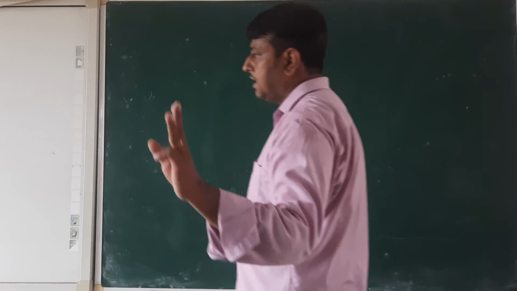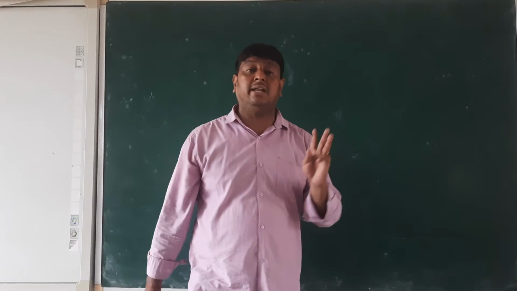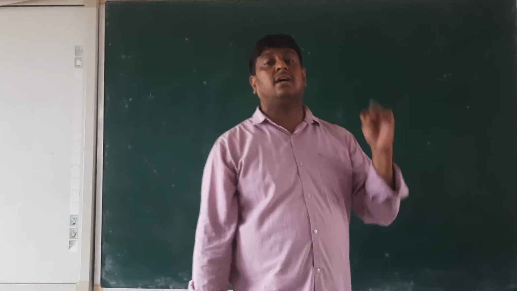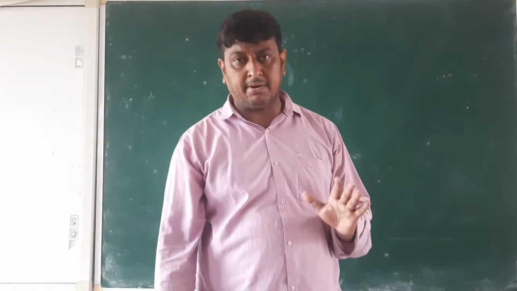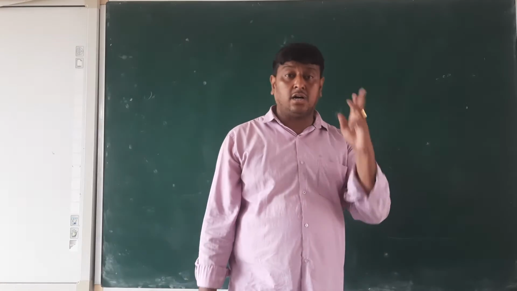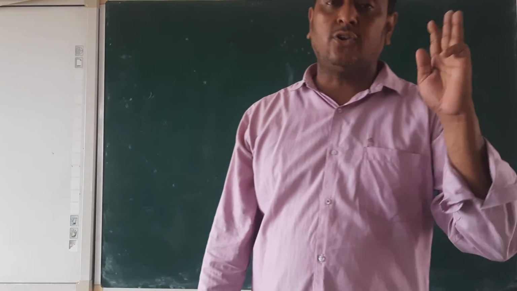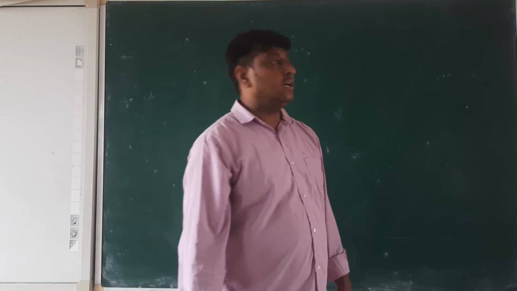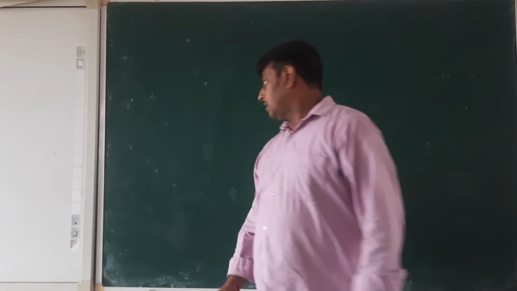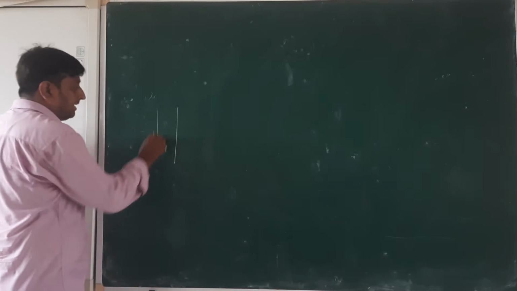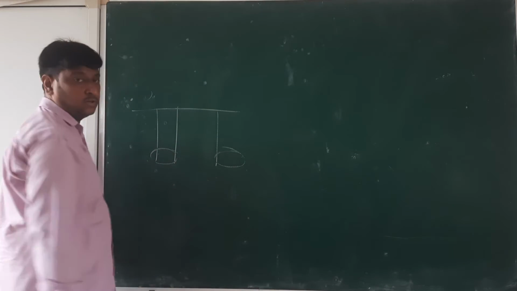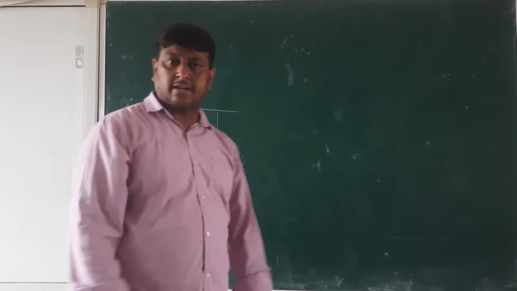There are three methods to make the trial balance. First, balancing method, second, total method, and third, balancing and total method. Okay beta, first balancing method, second total method, third balancing and total method. In the total method, we are going to take the total of the ledger of both sides. When we make the account like that, this side total and this side total, both side totals we are going to take.